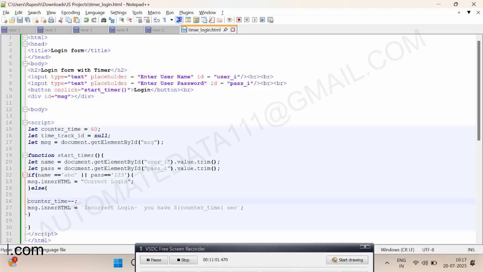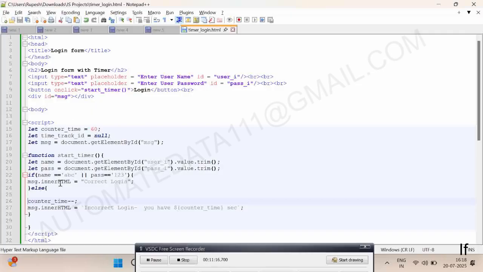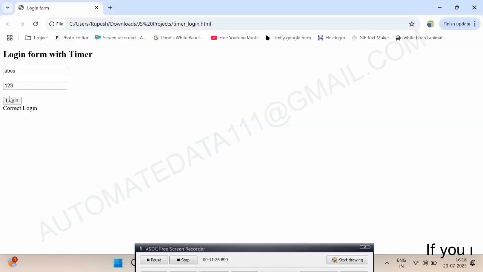Now first of all, let's see if this is working or not. So ABC 123. Okay, correct login. And if I add wrong, okay, correct login, this functionality is not working. Message dot inner HTML, why is it not working? Let me refresh. Incorrect login. Oh, if I again write ABC123 and login,